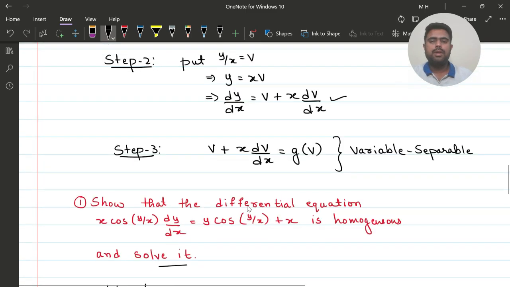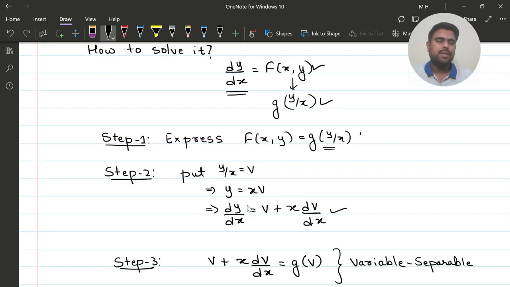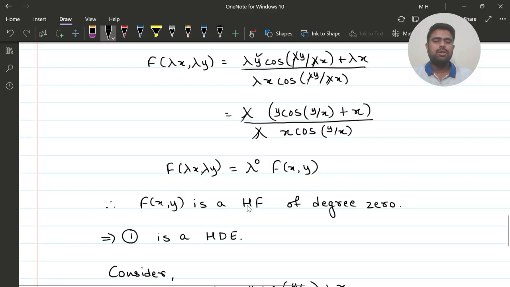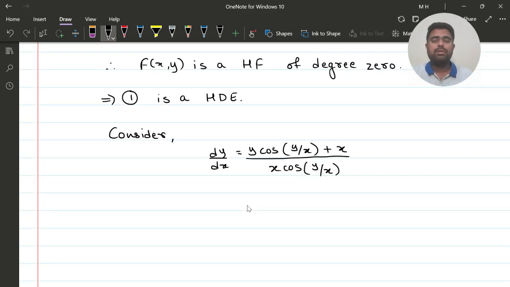First step is to express the function as a function of y by x. I have told you how to get it done: take the highest powered term of x and divide throughout. Here there is x, so if I divide every term by x, what will I get? dy by dx equal to y by x into cos of y by x, which will remain as it is,